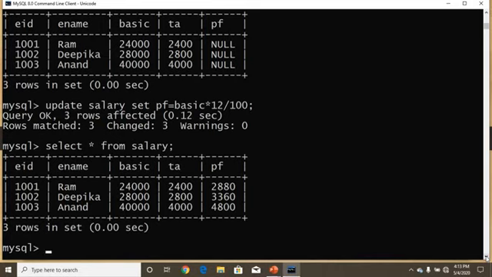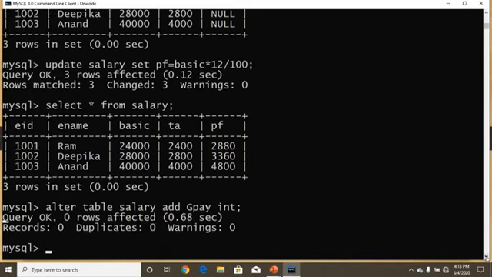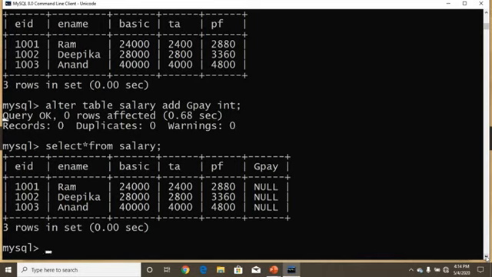So again I am going to alter the table, alter table salary, add a column name GPay, that means gross pay, data type integer, end with semicolon. See, query OK. Select star from salary. See, the gross pay column is totally empty.